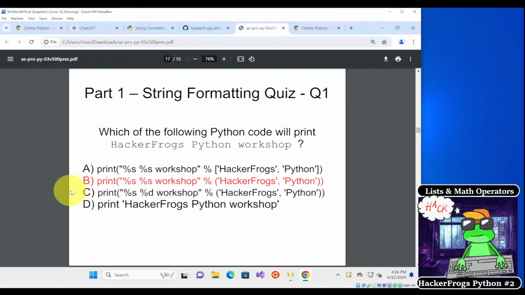So inside of the quotes, we have %s workshop. And inside the tuple here, we have our two strings, HackerFrogs and Python. All right, so the problem with A is that it is not using a tuple, it is using a list, which is not allowed by the syntax. And the problem with C is that